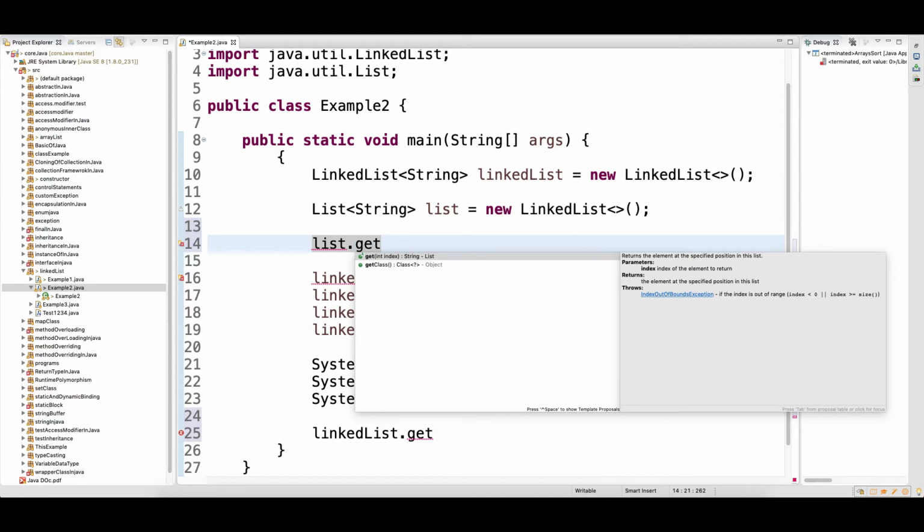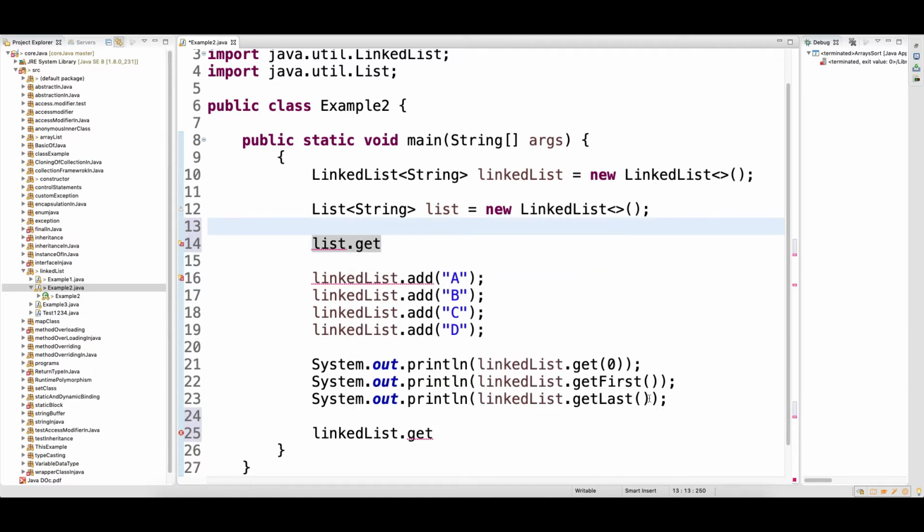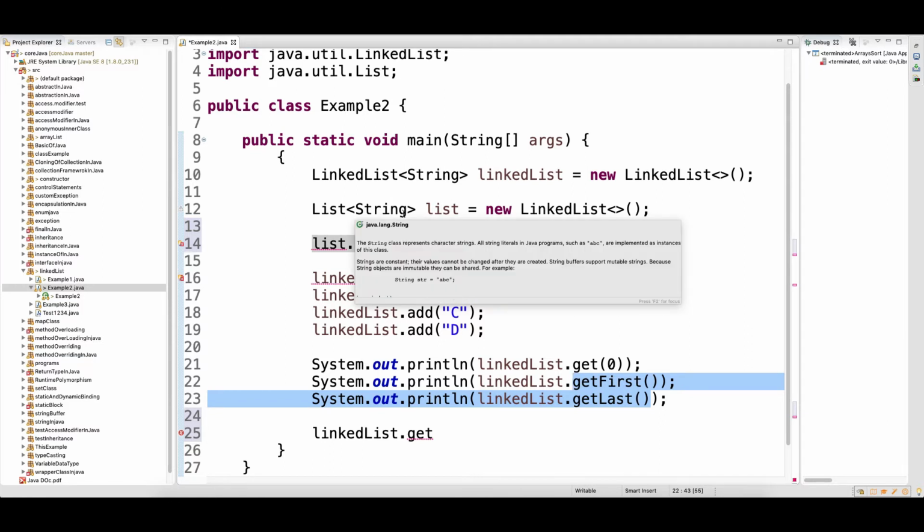So why, when the collections framework was designed, did they not keep these two methods in the List interface? As we know, LinkedList internally implements the List interface, and the List interface extends the Collection interface, which extends Iterable. LinkedList also implements Cloneable and Serializable, but LinkedList does not implement RandomAccess. ArrayList does, and that is the reason in ArrayList you can fetch the data based on the index.